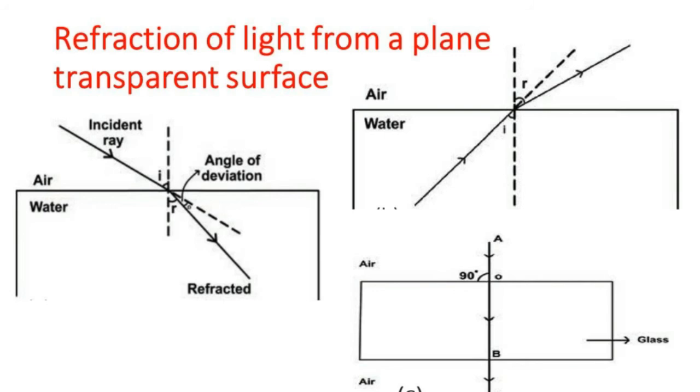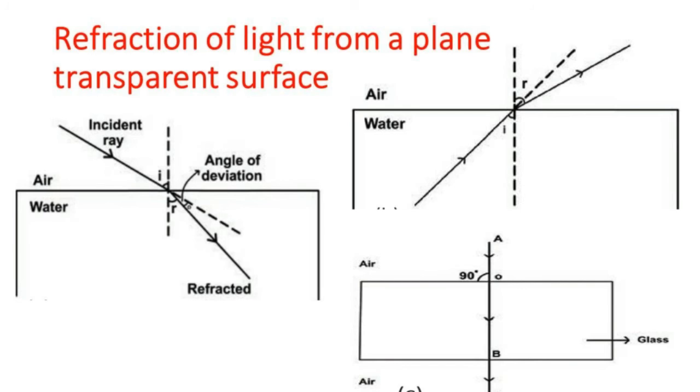And next one, when a ray of light travels from an optically denser medium, now the light rays travel from denser medium to a rarer medium. Denser is water and rarer is air. So what happens now? The ray is bent away from the normal line. So ray is what? Away from the normal. That is shown in the figure.